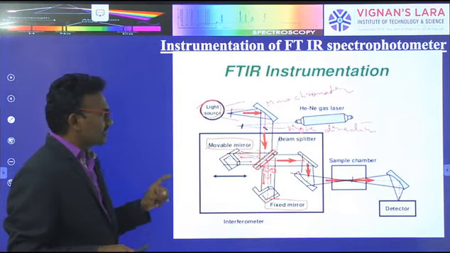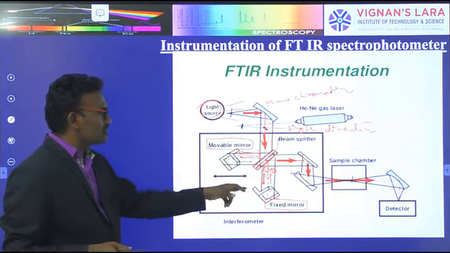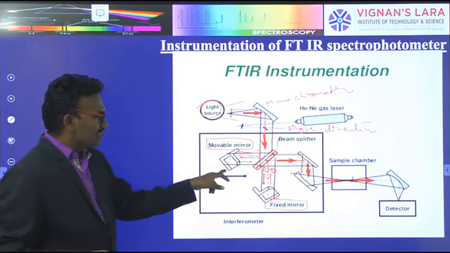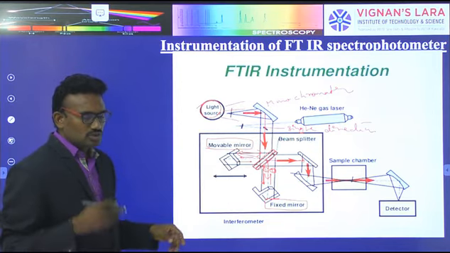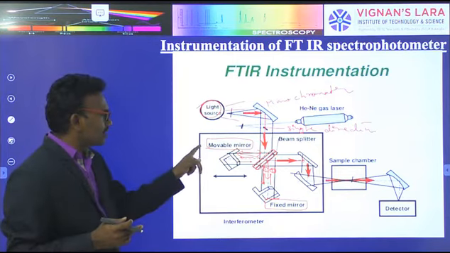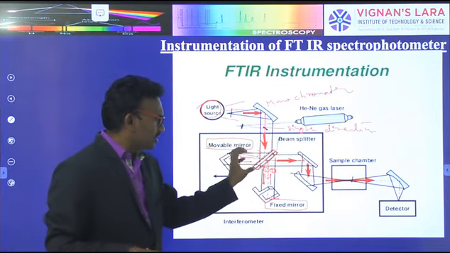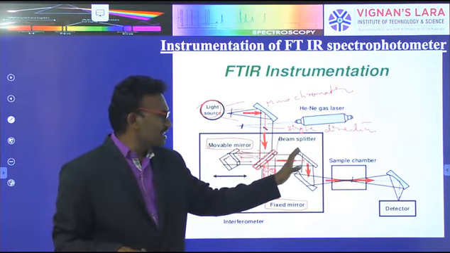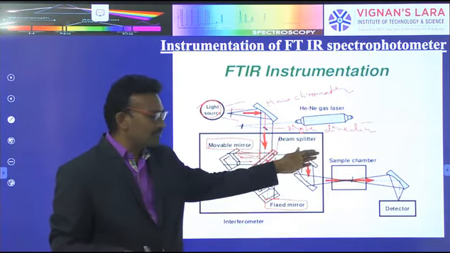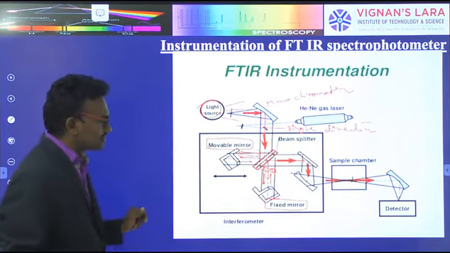What is the difference between IR instrumentation and FTIR instrumentation? IR instrumentation does not use a mobile mirror and fixed mirror. But in this one, the mobile mirror and fixed mirror are used. So two types of light are passed to the front and back side in the mobile mirror and fixed mirror, totally combined in the beam splitter to pass in only one direction to the main sample and the reference sample. The reference sample cannot produce a spectrum; the main sample produces a spectrum because of the substance it contains.